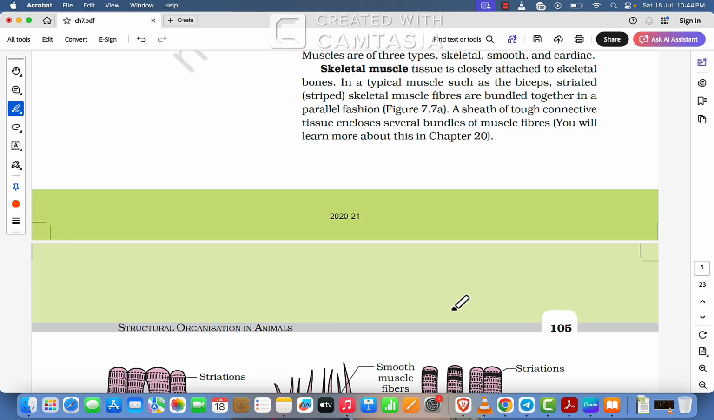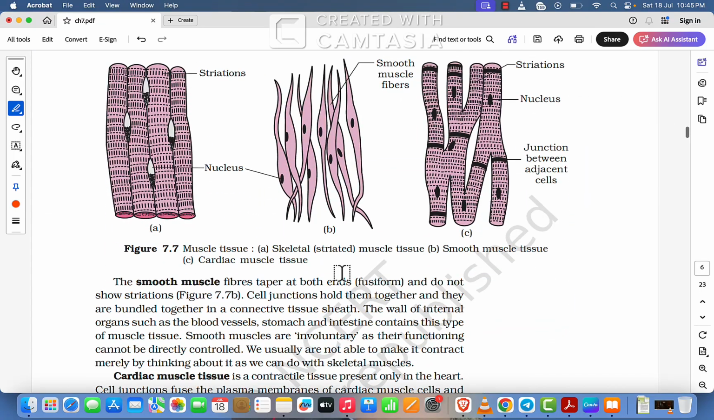Skeletal muscles are closely associated with skeletal bones. In typical muscles such as the biceps, striated skeletal muscle fibers are bundled together in a parallel fashion. A sheath of tough connective tissue encloses several bundles of muscle fiber. Skeletal striated muscles, striation, nucleus, smooth muscle tissue, as you can see, and cardiac muscle tissue of the heart, junction between